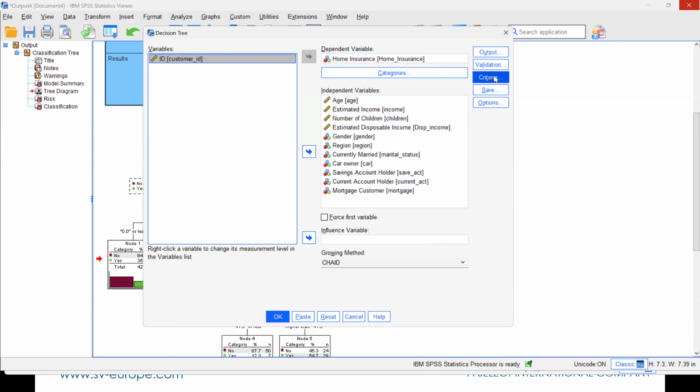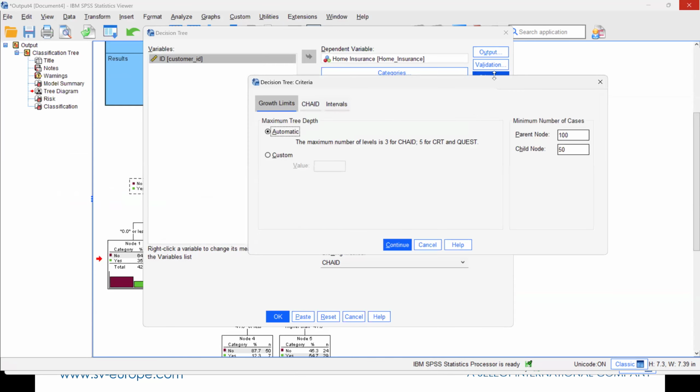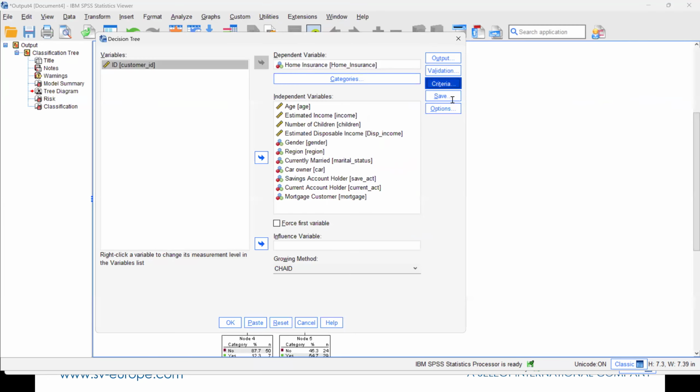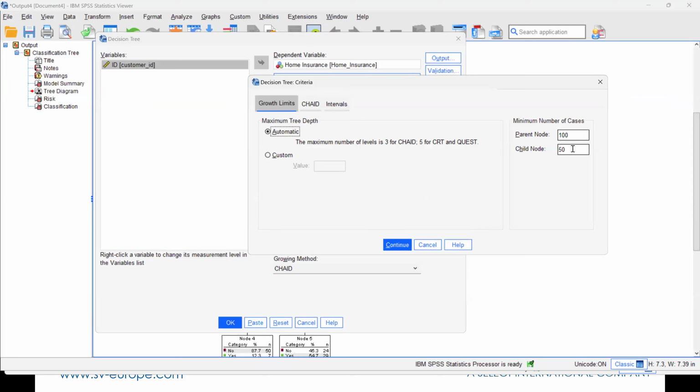That's all controlled under the criteria button here. So I click on criteria. You can see that it says parent node and child node. Well, the parent node is anything above a node that splits, anything above a sub node. That's the parent node to that child node. And if that child node then split further, then that child node would be the parent node to the next child node. So if I go here, it's saying you can't create a node that has less than 50 cases in it. Given that we've only got 300 records in the data,